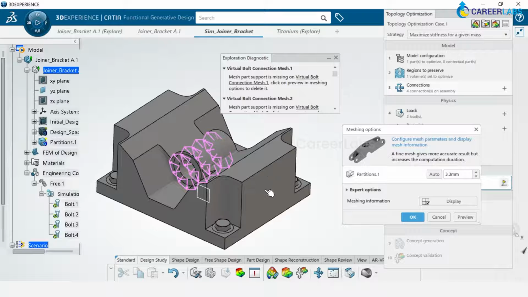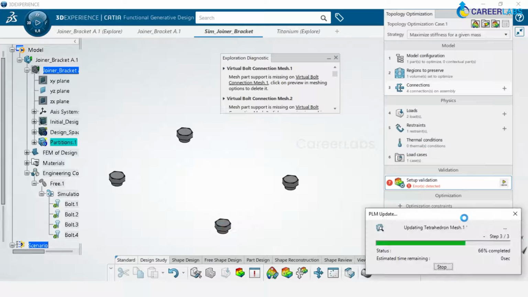So till here it is a 3D model, but once you mesh it, this 3D model is going to be a mesh. Okay, it is no more a 3D model. In the sense, the geometry will not be carried forward. Geometry is translated in terms of elements and nodes. So for this particular model, software has predicted that the element length can be 3.3 mm, which I am okay with. So I go and click on preview.